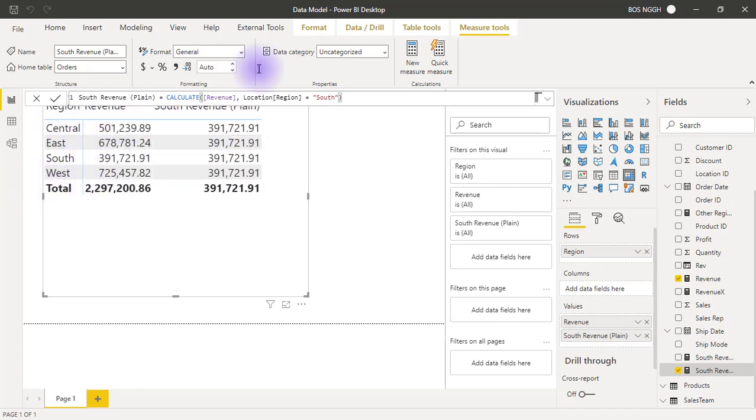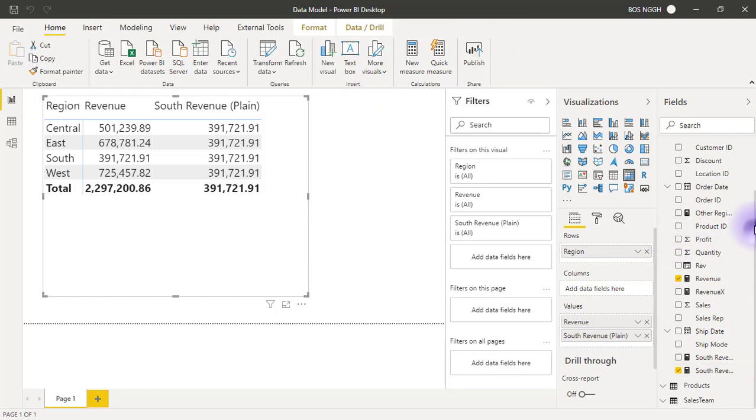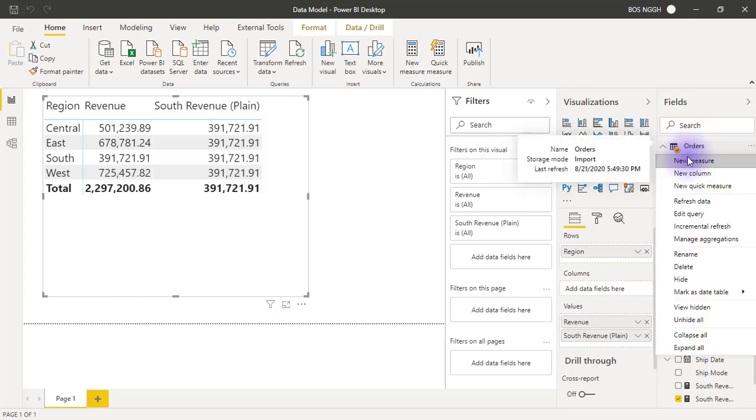Now remember what we call syntax sugar, right? This is some form of syntax sugar on the CALCULATE function, where you just use something we call a predicate here. So you just calculate revenue and you say location equals south. And if you wanted to write this ordinarily, the more ideal thing to do without using the syntax sugar, is to write something that would look like this. So let me right click, new measure,